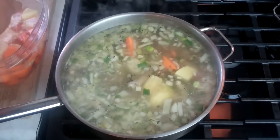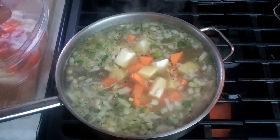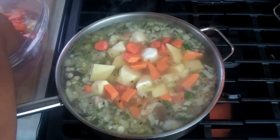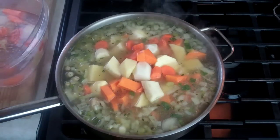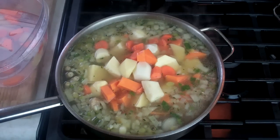Just want to be careful when you're adding these to here. And guys, remember, you'll need a big pot. I'm using a fairly small pot here just for presentation purposes because I need a wide pot, but you'll need a nice big soup pot. You'll want to bring that up to a boil now, and then we're going to start adding some more flavor